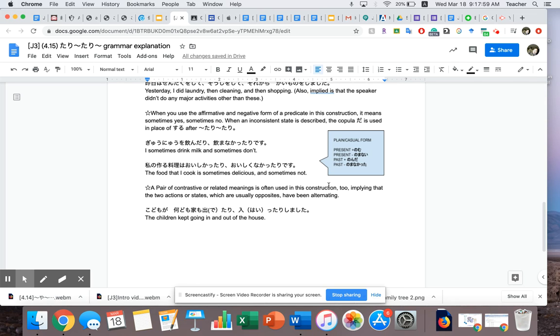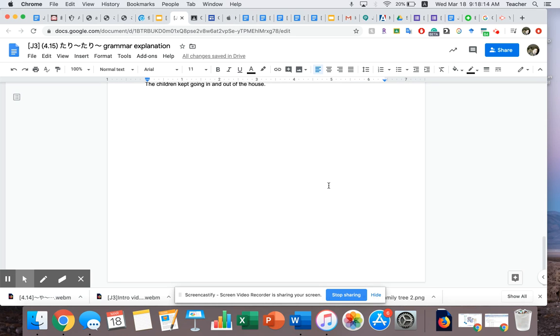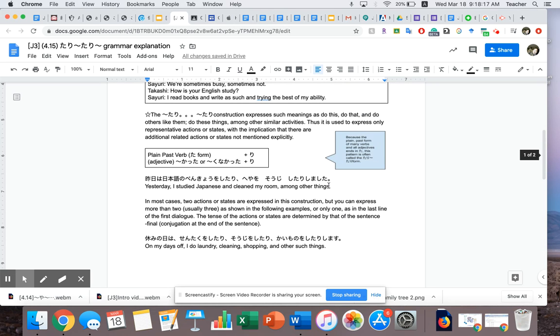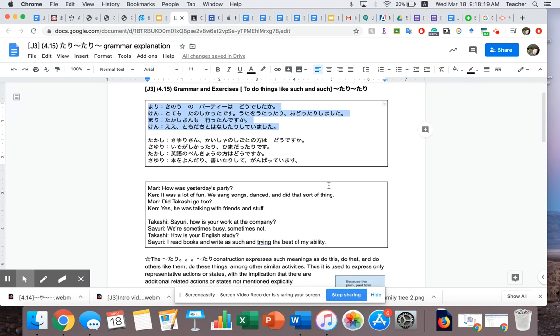So I sometimes drink milk. I sometimes don't drink milk. Next one, I sometimes cook good meals and I sometimes cook terrible, unappetizing meals. 私の作る料理は美味しかったり、美味しくなかったりします。